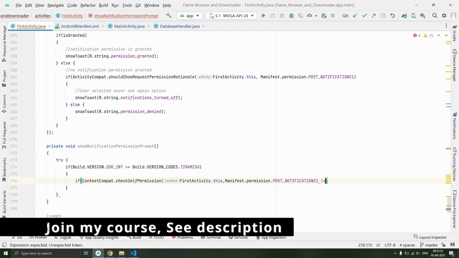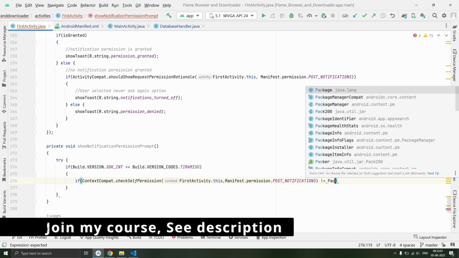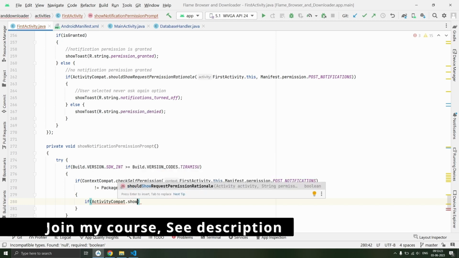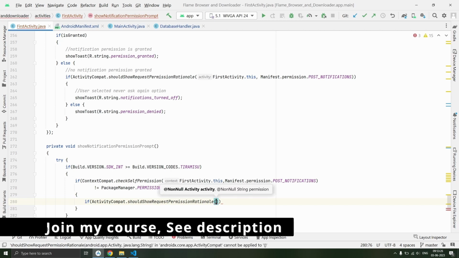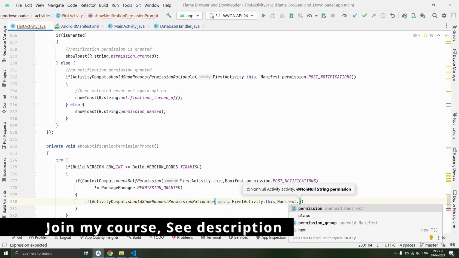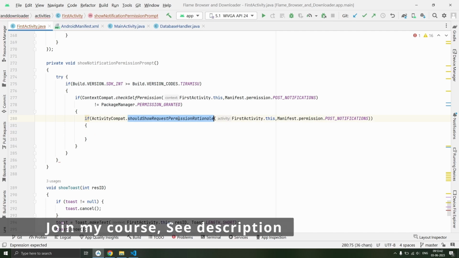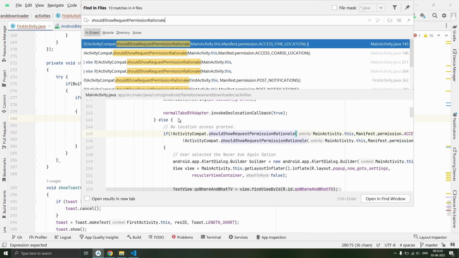Now if it is not equal to PackageManager.PERMISSION_GRANTED, then in that case we'll check for ActivityCompat.shouldShowRequestPermissionRationale, and we'll use FirstActivity.this, and we'll use Manifest.permission.POST_NOTIFICATIONS over here, and we'll search for shouldShowRequestPermissionRationale in our